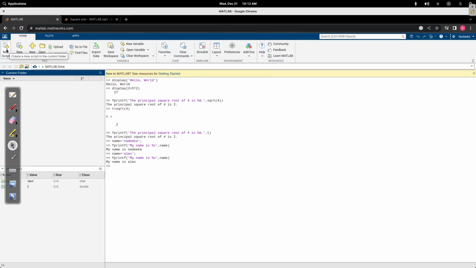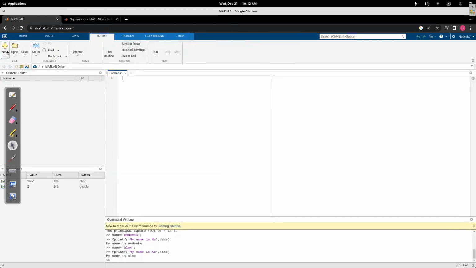go to new script file and enter here. Okay, and then here we can write the commands. So I will write a small script that asks for A, B, C of a quadratic equation and solves the equation using the quadratic formula. Okay, so I will say A